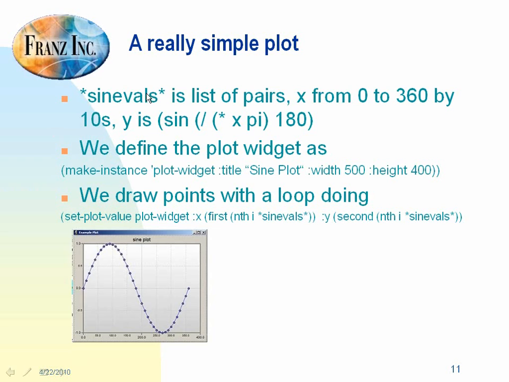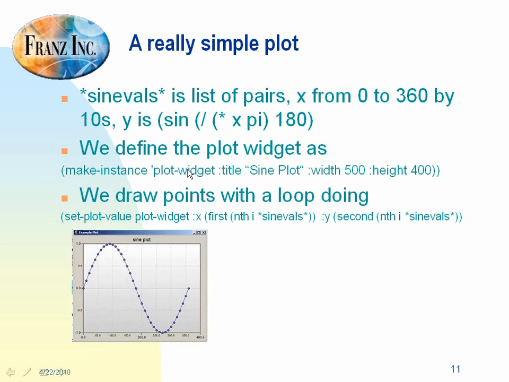We have a variable which is a list of pairs, x running from 0 to 360 in tens, and y is the sine of x. We have to convert x in degrees to radians by multiplying by pi and dividing by 180, and so y is the sine of the angle x. And we define a plot widget with this